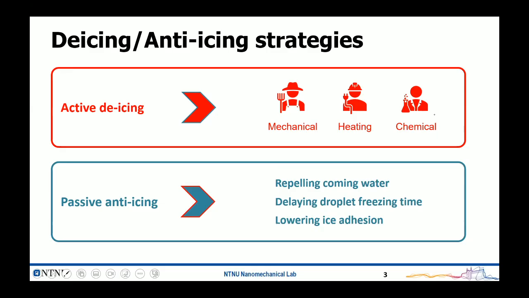So researchers and industry are thinking: can we develop a passive anti-icing method? There we don't need to pump in so much energy; the surface of the coating itself tunes the interaction with water, snow and ice. Then we can reduce the effort to remove the ice. And from the water-to-ice transition procedure, we can have these 3 strategies for passive anti-icing.